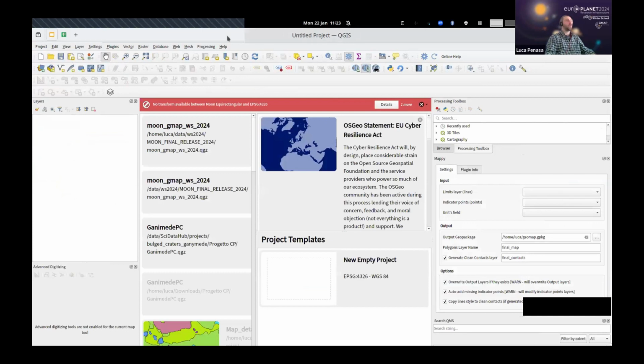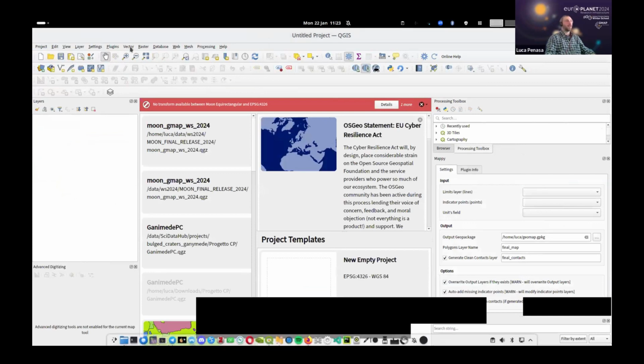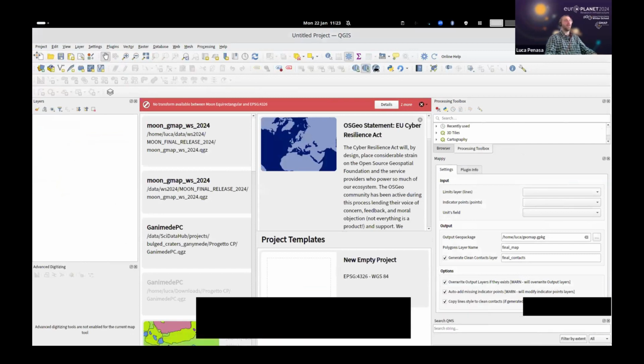One thing I want to do just before starting is because some of you might already use QGIS in your everyday life. So if you open QGIS, you might end up with something really different from what you see here. So just to be in the same condition, what I'm going to do, and you can do also if it's not the first time you use QGIS and you want to have a clean interface matching more or less exactly what you're going to look at,